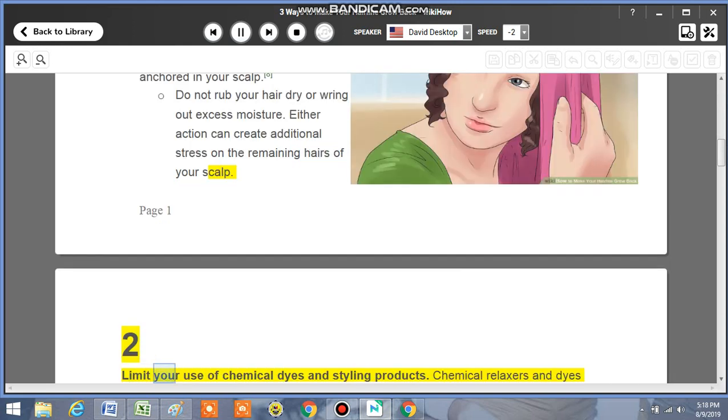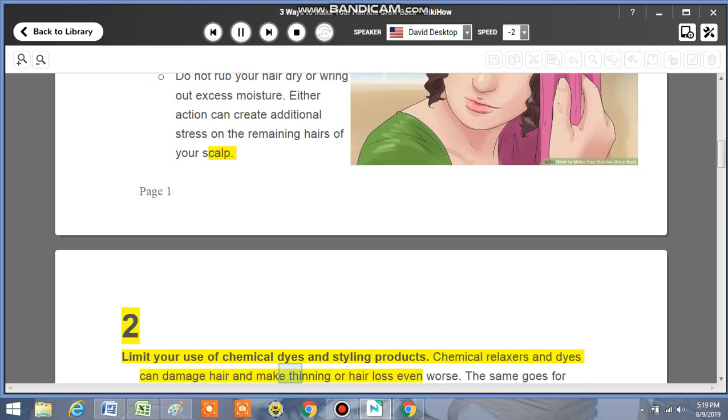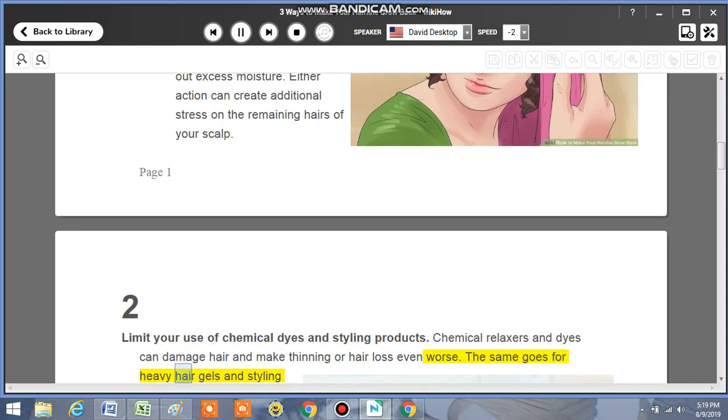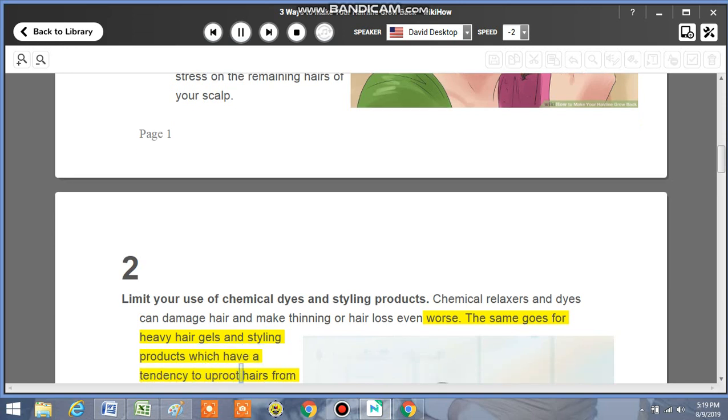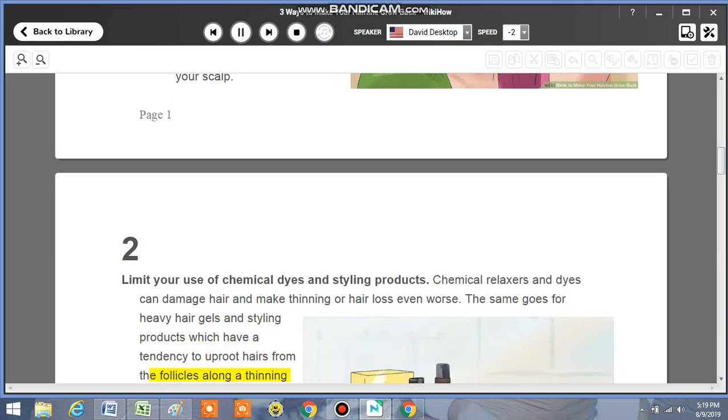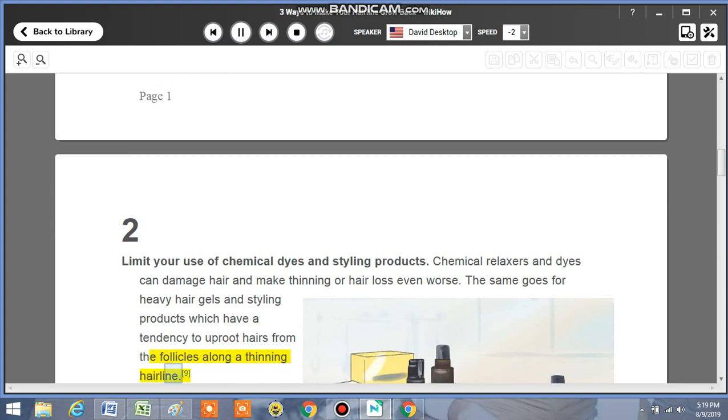The same goes for heavy hair gels and styling products, which have a tendency to uproot hairs from the follicles along a thinning hairline. If you must style your hair, try using a light hair gel or a spray-on hair wax rather than a heavy mousse. The negative effect that potent chemicals have might seem obvious enough, but you should even restrict your use